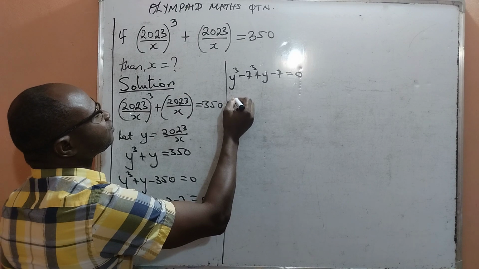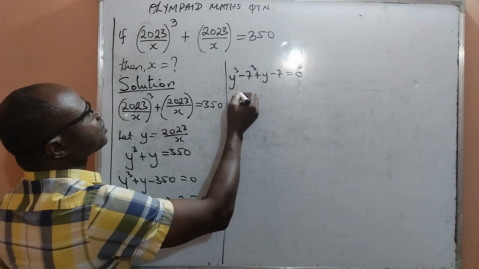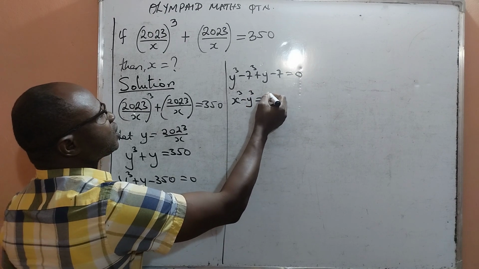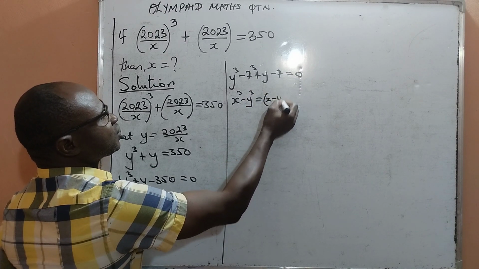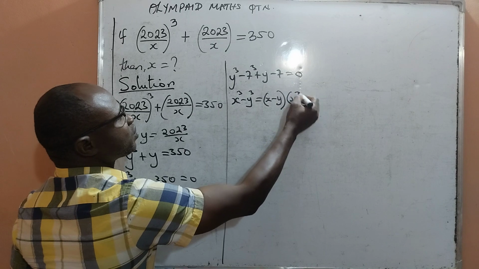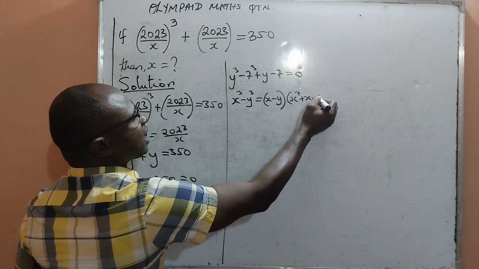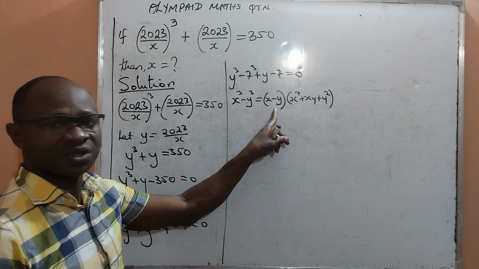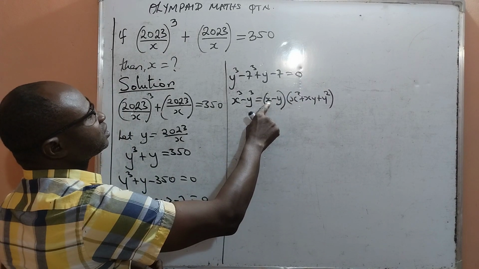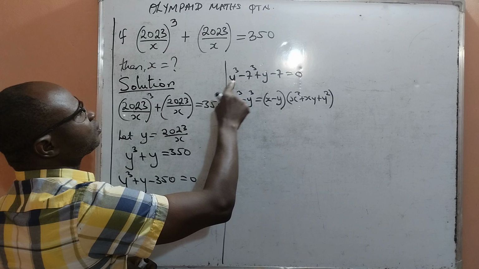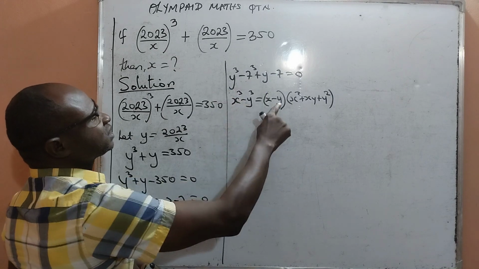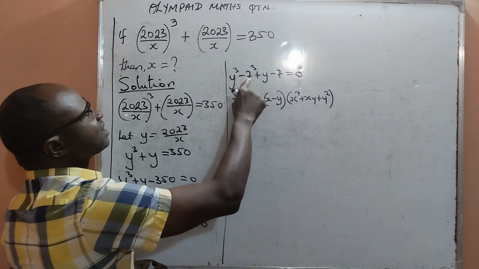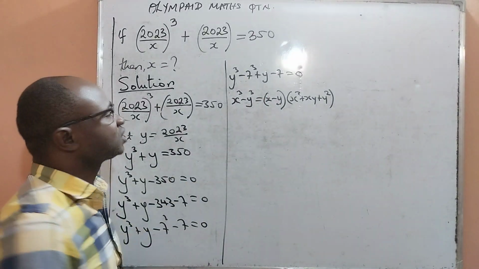If I have x^3 - y^3, it is equal to (x - y)(x^2 + xy + y^2). Okay, I will apply this. Here x stands as y, yes, and y stands as 7. What it means is that